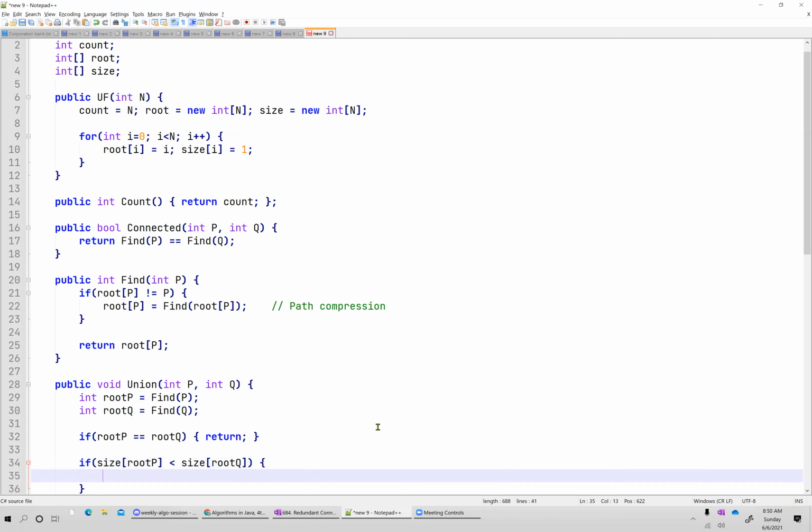Yeah, we want to check the size, right? So in this case, since P is smaller, I'm going to change its root.